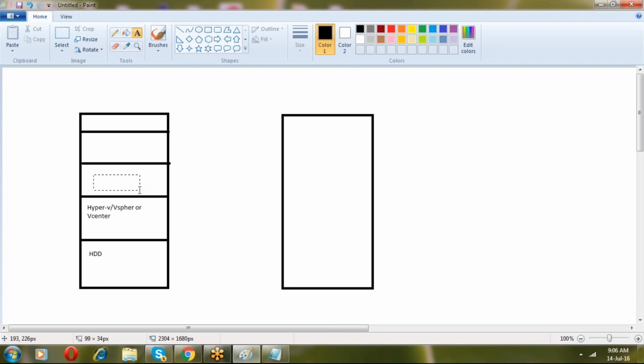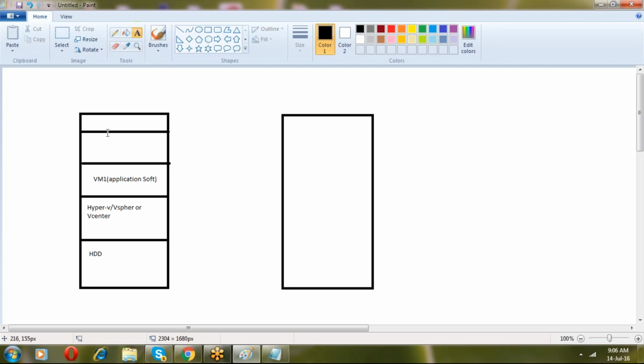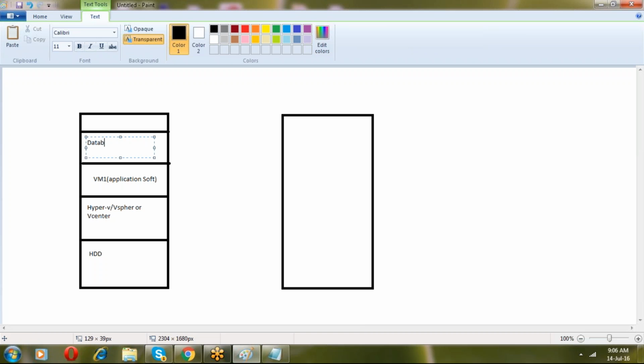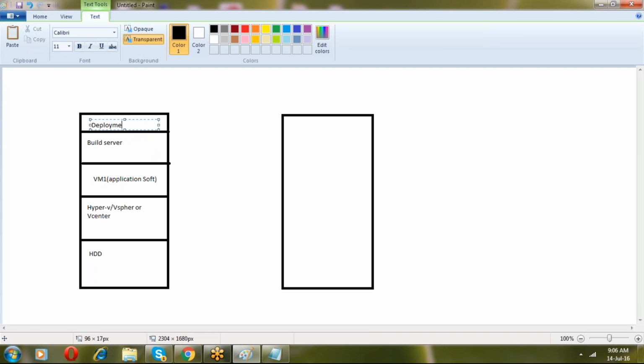We can create VM1 and other machines, like an application server, a database server, a build server, and a deployment server. So you can create a number of servers on top of this.